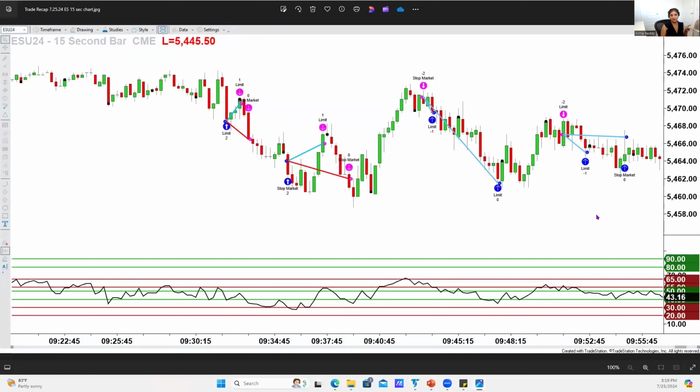So this is the trades I made today. And this is the 15-second chart of the ES. So each blue line represents a winning trade. Each red line represents a losing trade. A blue circle with a white arrow that's thick is a long entry. But if you see the kind of arrow or circle that has a thin arrow, that means it was an exit. That's me customizing my TradeStation chart trading